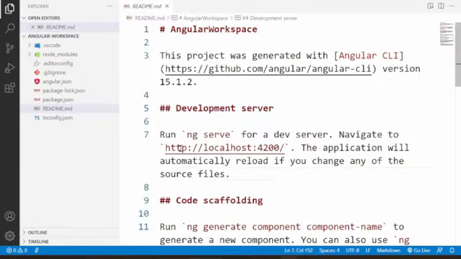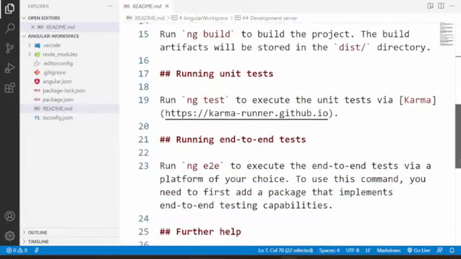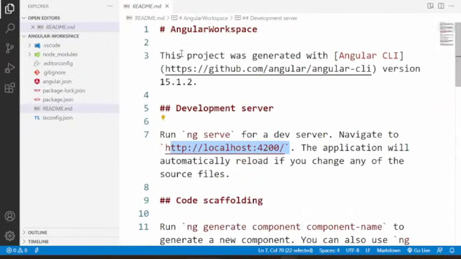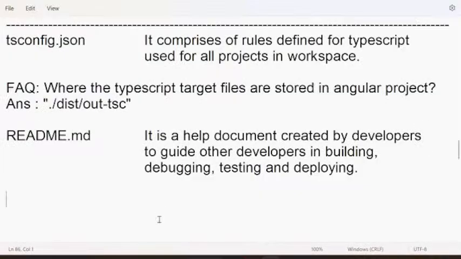That means Angular applications will run here, and it will show you so many other commands and concepts: how to test, how to run, how to handle everything. This documentation is generally created automatically. In this you can make some changes, right? That is README.